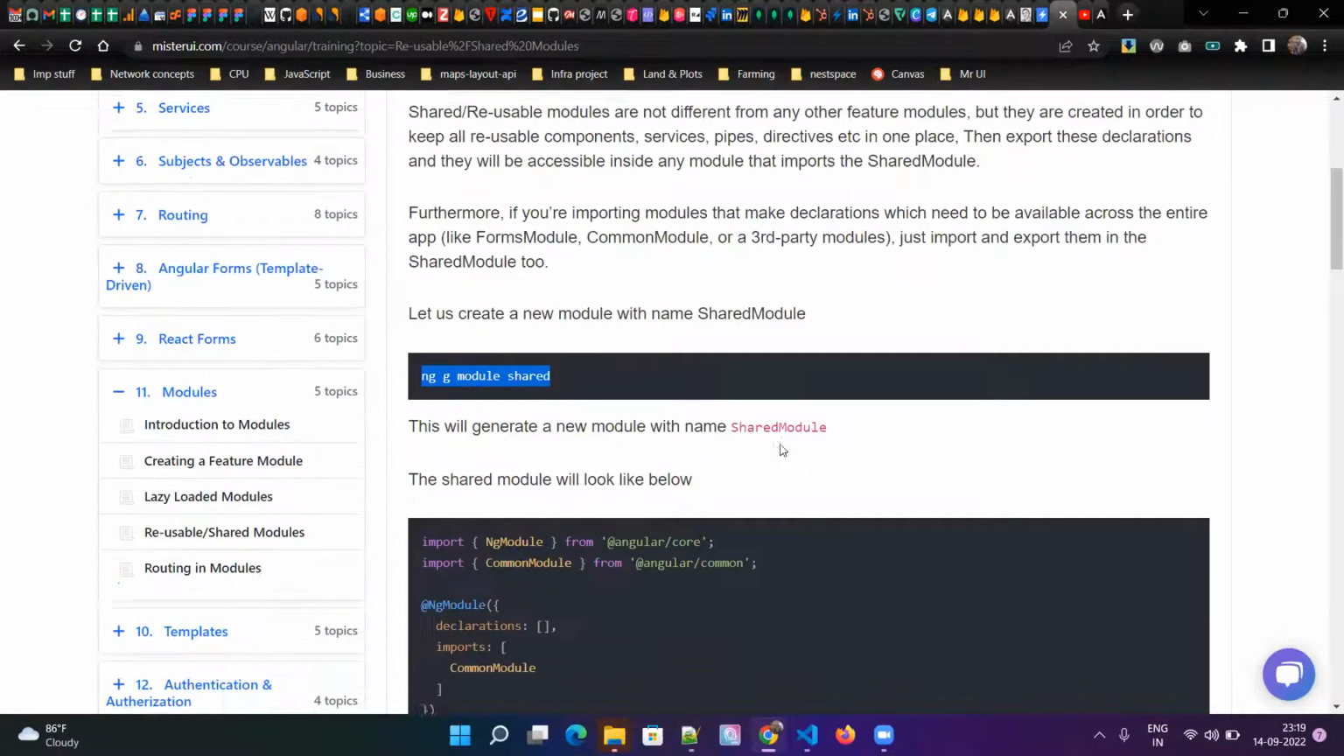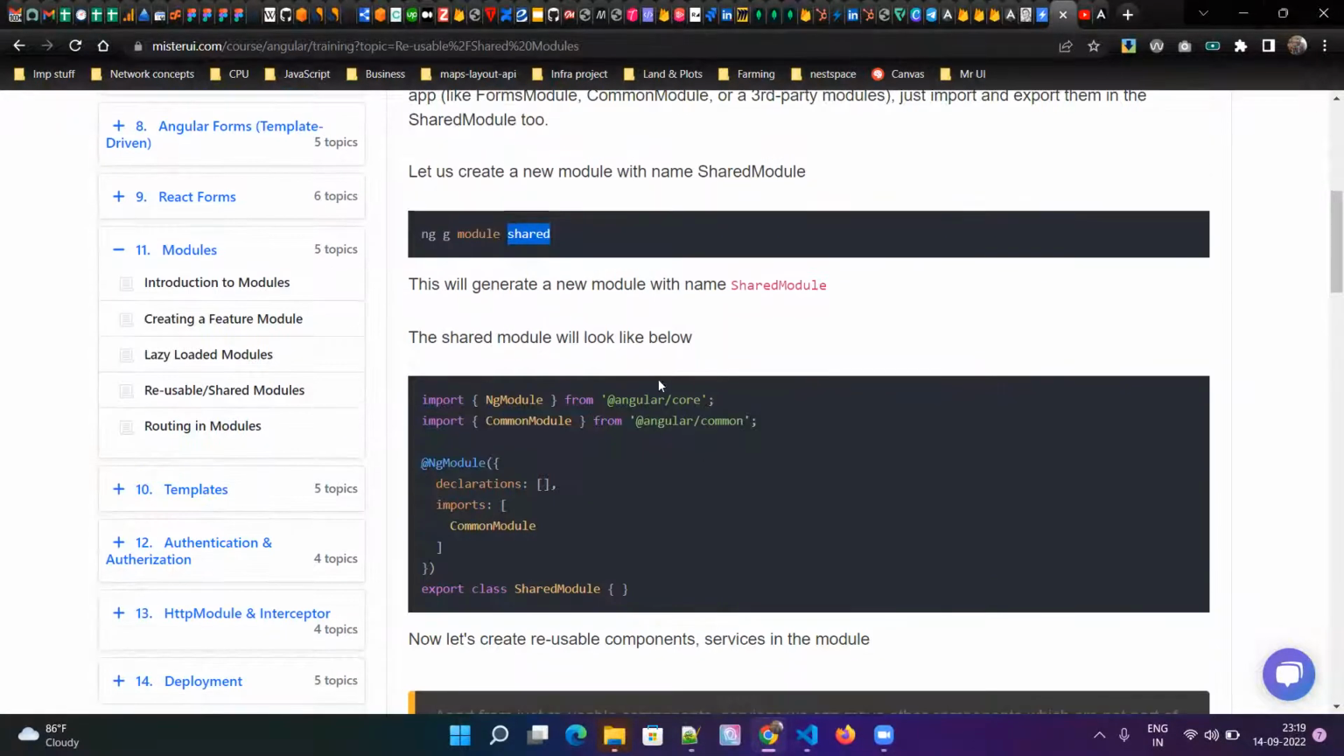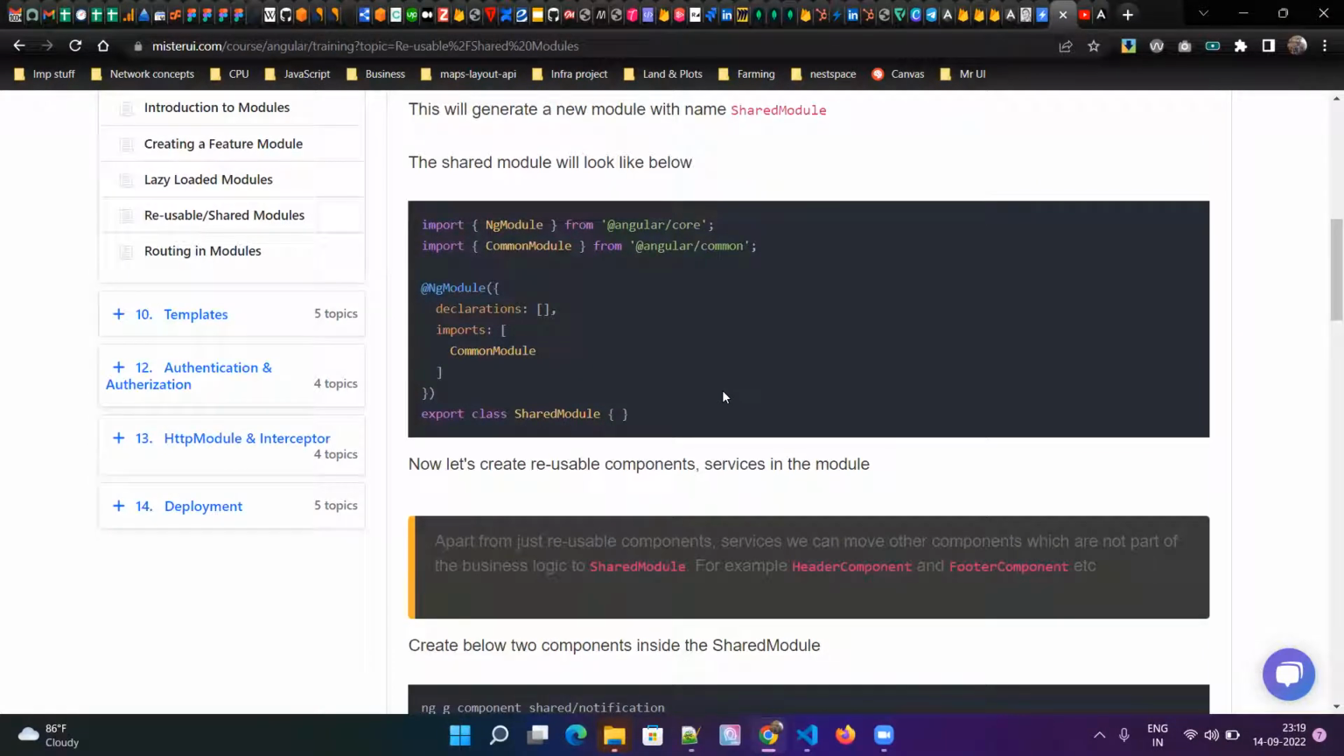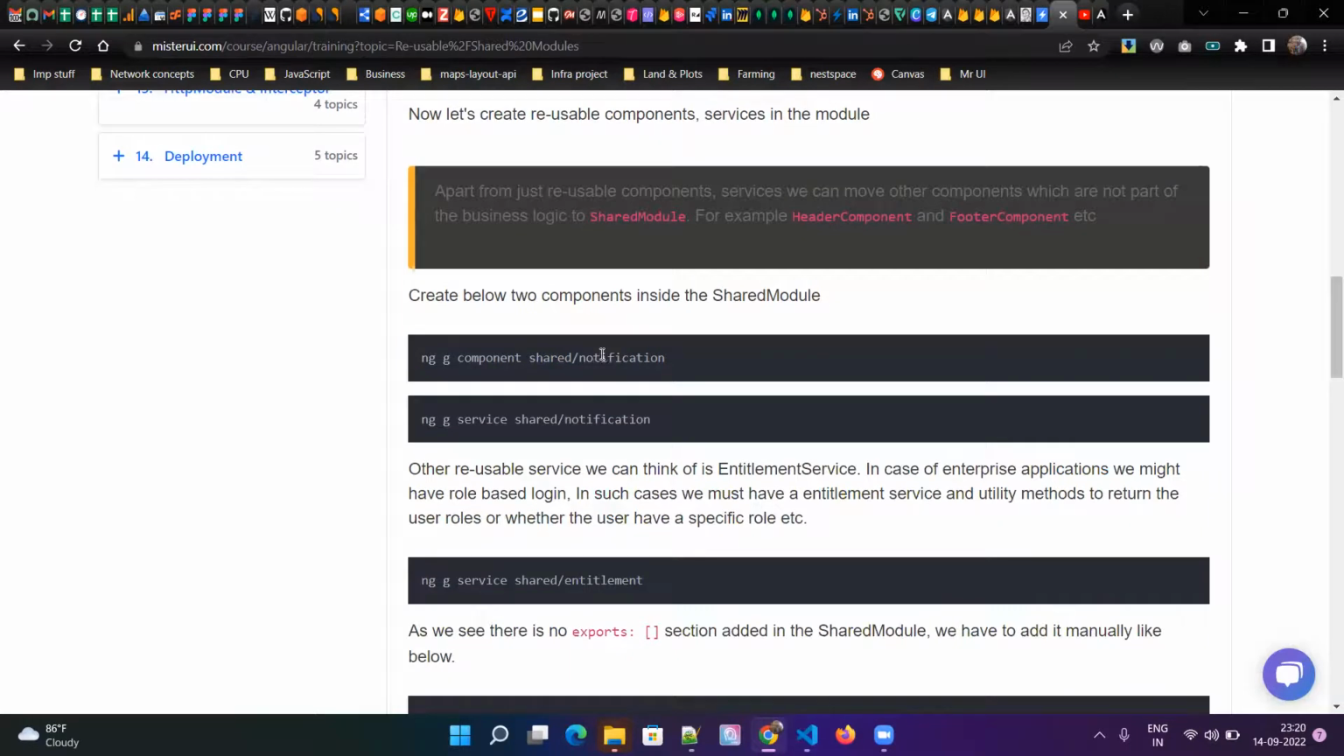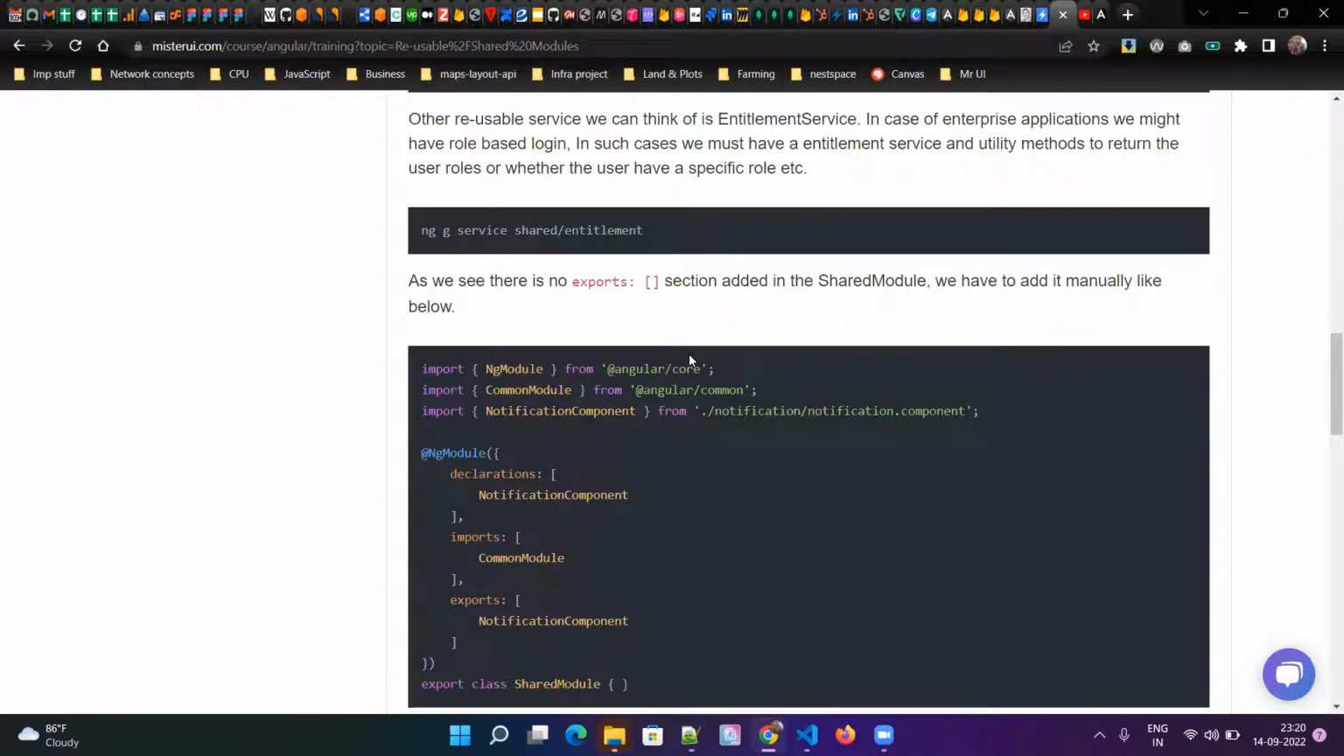So in those cases you can create a shared module, and in that shared module you can put all these common reusable components, reusable services, and reusable pipes. Either in the declarations section or the exports section, you can put all those things. For services you can use the providers, right? So you can put it in this module, and then let's say your other feature module or app module